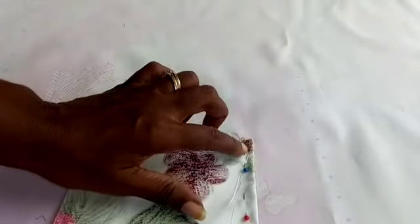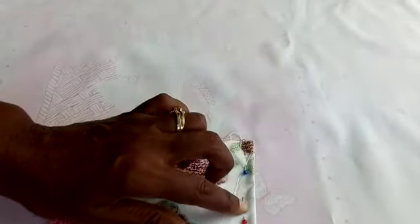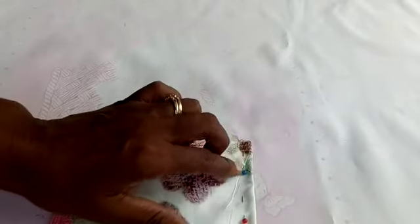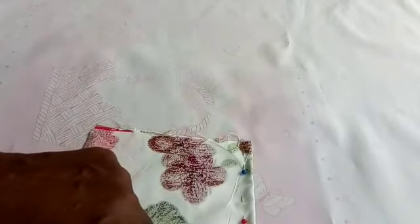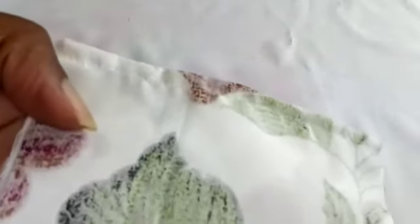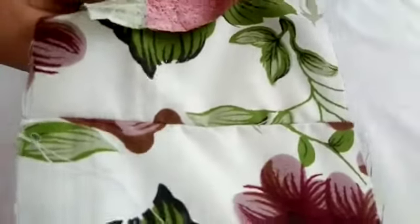And then I'll just go back and stitch about a 3/8 or a 1/2 inch to ensure that the fabric on the other side is properly covered. There it is, the seam, and this would be what the right side would look like. So it would be quite neat. It's one way of